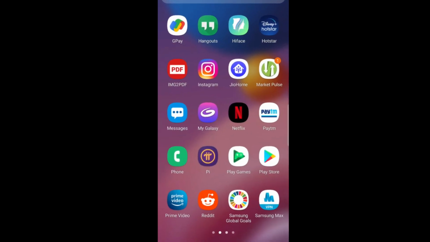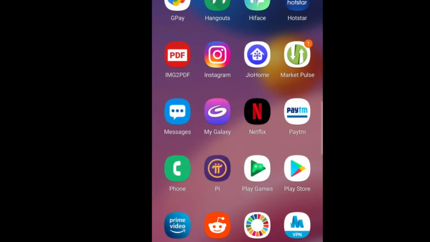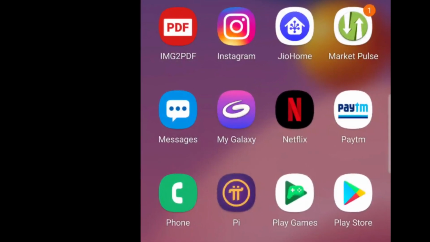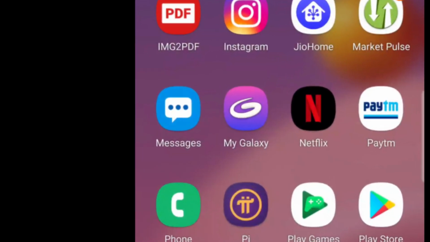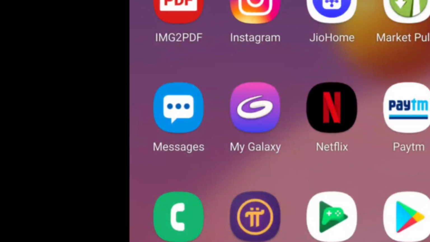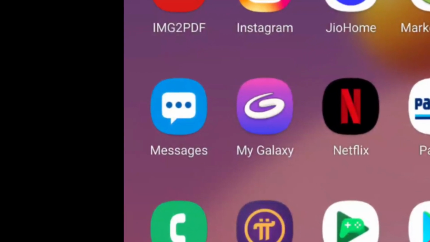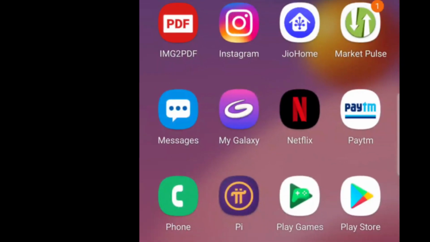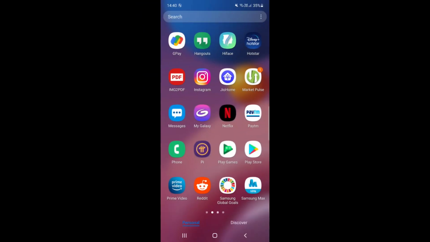Group texts can be useful for coordinating between multiple people at once, like if you are choosing where to go for dinner with your friends. But they can also be quite annoying if they are used excessively. If you are getting swamped with notifications, you might want to leave the group text. If you want to mute a particular message, I will show you how to do it.